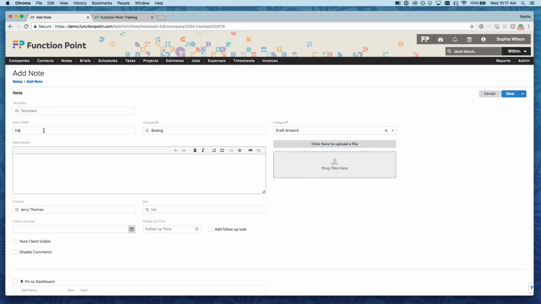So with this, had a conversation with Jerry, and any note details that you want to throw in here. Would like to have a proposal created for